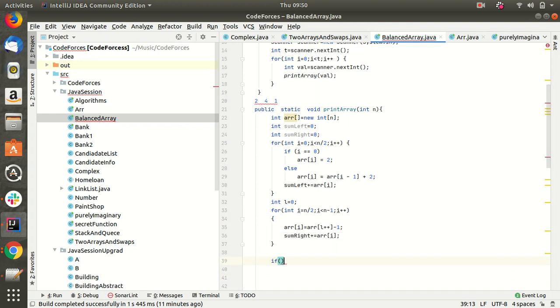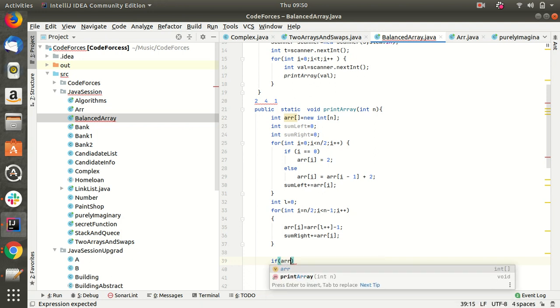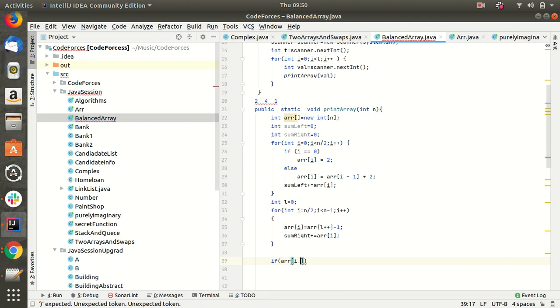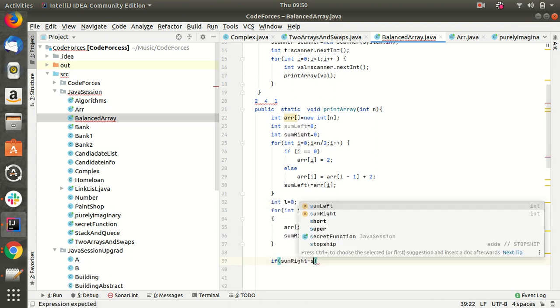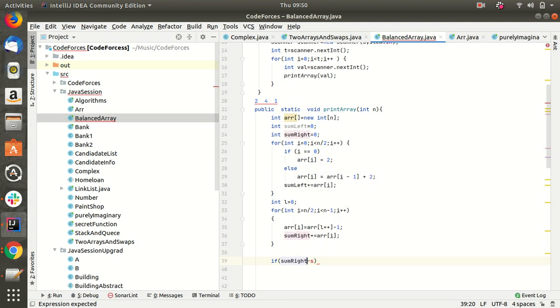So we can check: if sumLeft minus sumRight percent 2 not equals 0, it means that we can place that number as the last element and we can print yes.